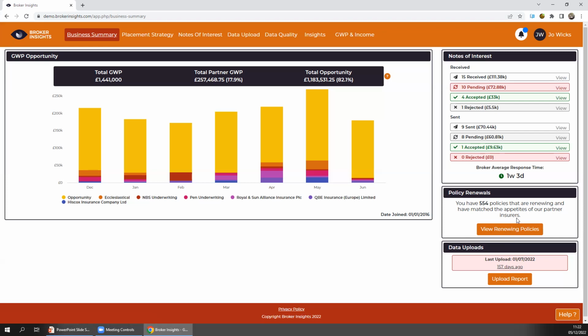What I always say when I'm doing this kind of training with brokers is that it's there to work alongside the renewal reports you'll be getting from your existing systems, whether it's OpenGI or Acturis or SSP or any of those other systems. If you're producing a renewal report every day, every few days, every week, and looking at those cases that are due for renewal, have a look at this alongside it. If there are any cases you're looking to remarket, you should be able to get some insight as to which insurers you could target and speak to ahead of sending out presentations and starting that marketing exercise.